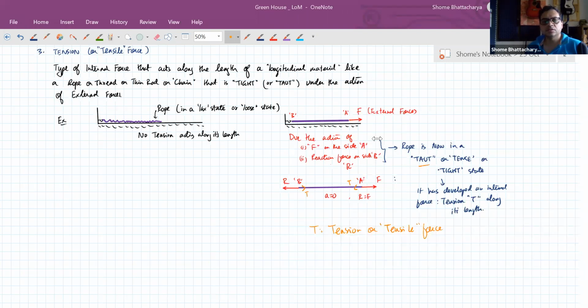Yeah, absolutely, Diti. This is a non-elastic material. Now we are taking a rope, so it does not stretch. The example we are taking over here is like a nylon rope, a rope made of nylon fibers or cotton fibers or even jute fibers. So it's not made of rubber. So it's not stretching.